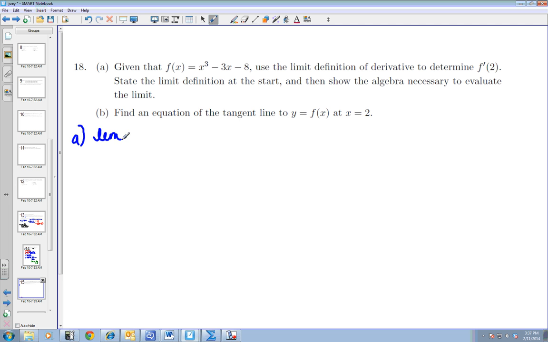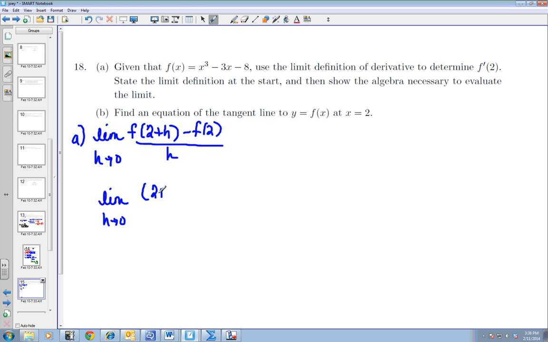The limit as h approaches 0 of f of 2 plus h, because I'm supposed to find the limit when x is 2, minus f of 2 all over h. So what this means, I'm going to take 2 plus h and plug it into all of my x's. Okay, so that's what I'm going to do first. The limit as h approaches 0, 2 plus h quantity cubed minus 3 times 2 plus h minus 8